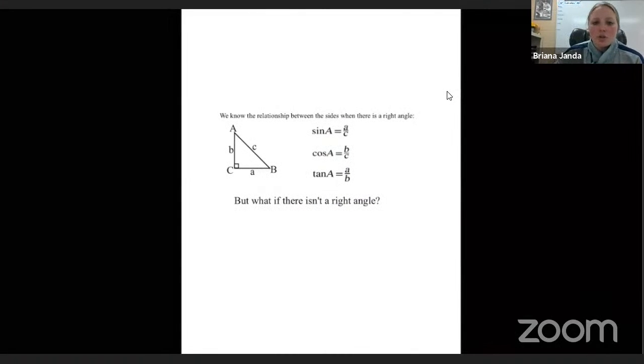When we are first introduced to trigonometry, we are introduced to it using right triangles. So we see something like this and we learn that mnemonic device of SOHCAHTOA, which is all great to learn our sine, cosine, and tangent. In this picture, we know the relationships of sine of angle A. If we're focusing here, that tells us what is our opposite side, what is our adjacent side, what is our hypotenuse. And then we can set up these ratios of our opposite side over our hypotenuse, etc., for sine